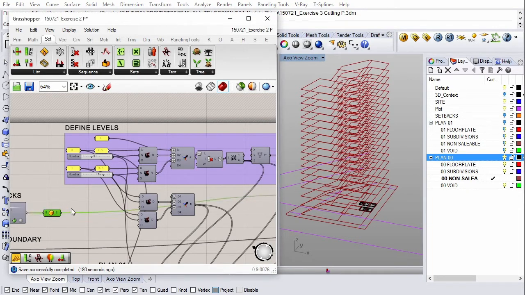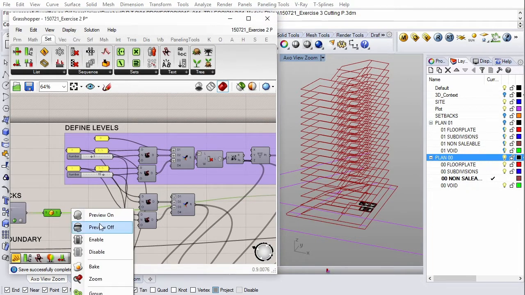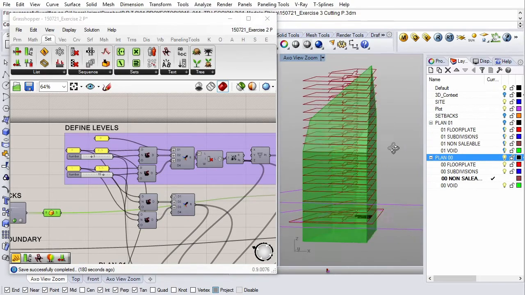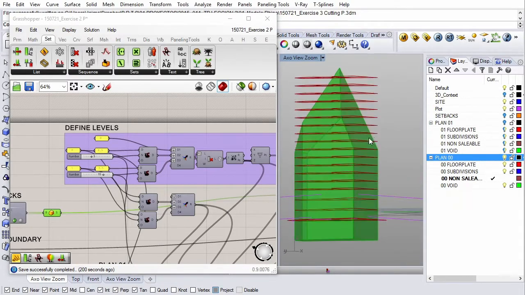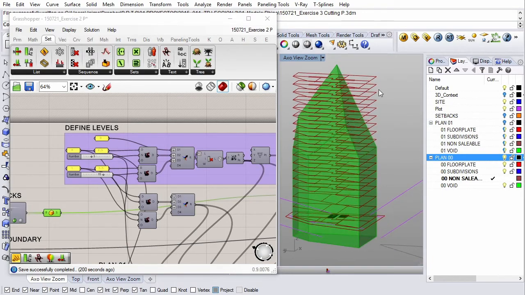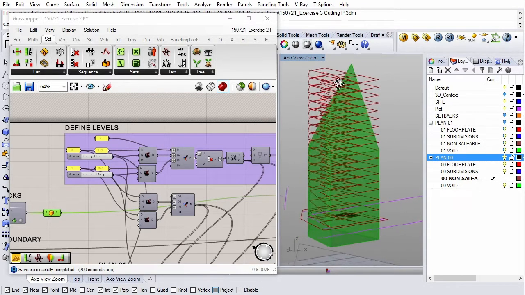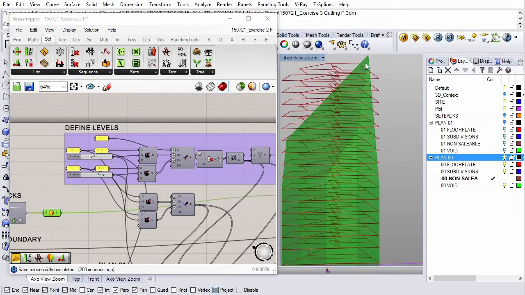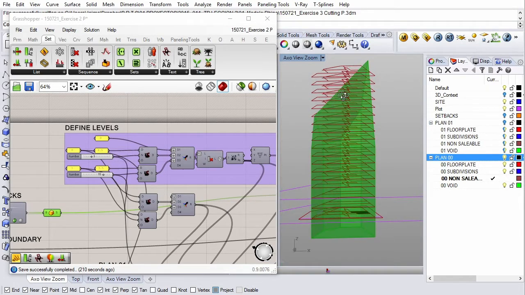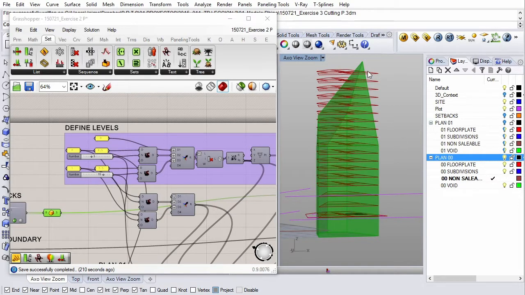So when we look at the volume defined by our setbacks and our multiplied floor plates, you can see that we need to find the intersection between the floor plate and the allowable volume, because this is much more than we can build.